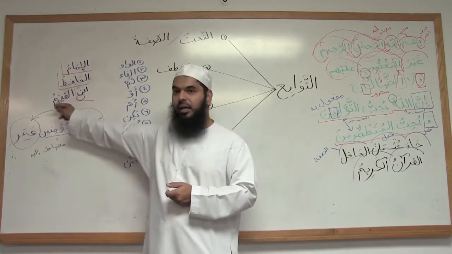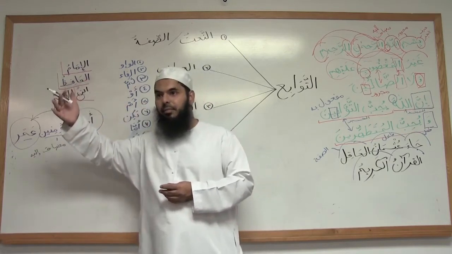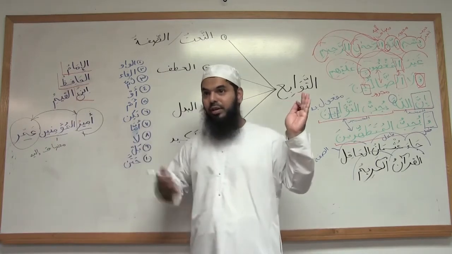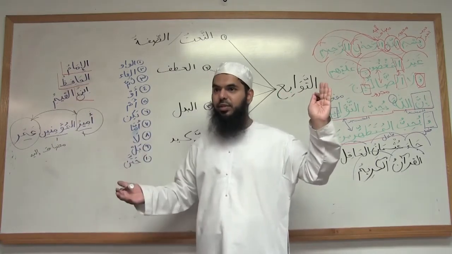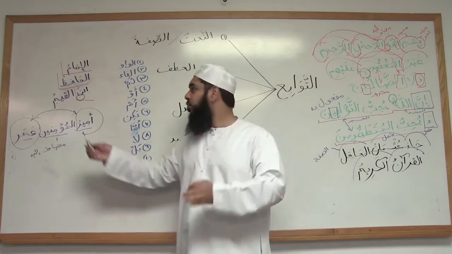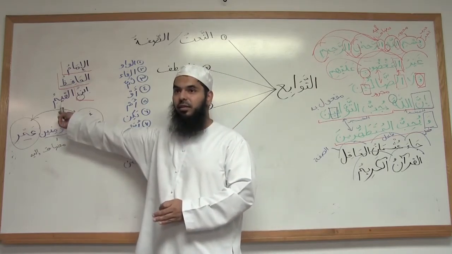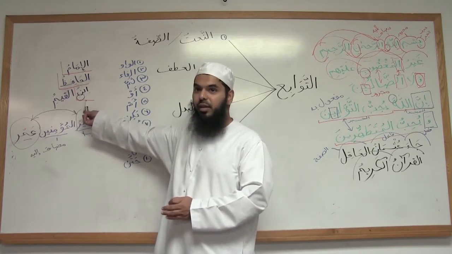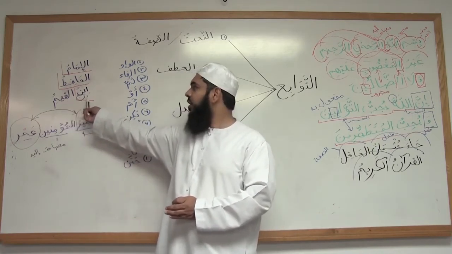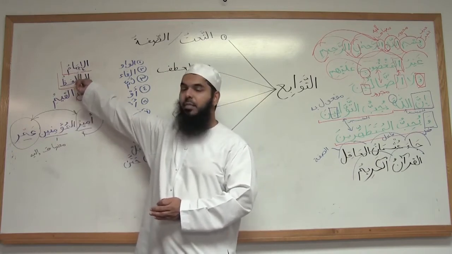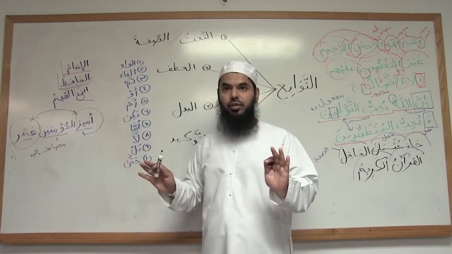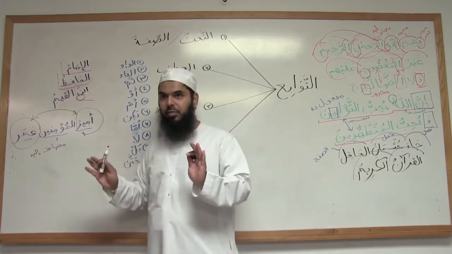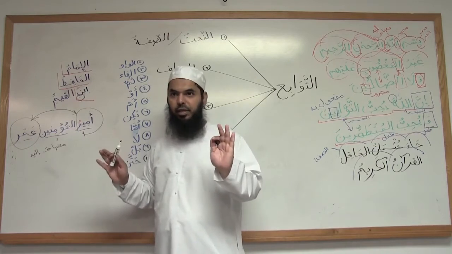Now, Ibn al-Qayyim means the son of al-Qayyim. The scholar we're talking about, is he al-Qayyim or is he the son of the caretaker of the Madrasa al-Jawziyah? The son. So al-Qayyim is actually his father, and Ibn is him. So the person we're talking about is Ibn, not al-Qayyim. So Ibn, Hafiz, and Imam are all referring to the same person, Abu Bakr, also known as Ibn al-Qayyim al-Jawziyah. Tayyib? Everybody understand?